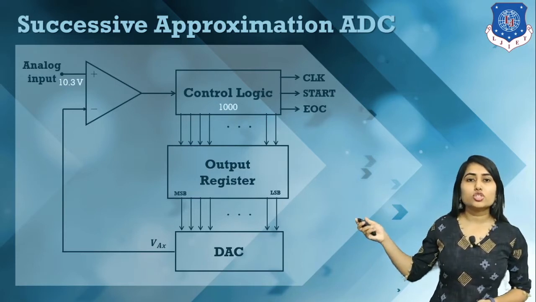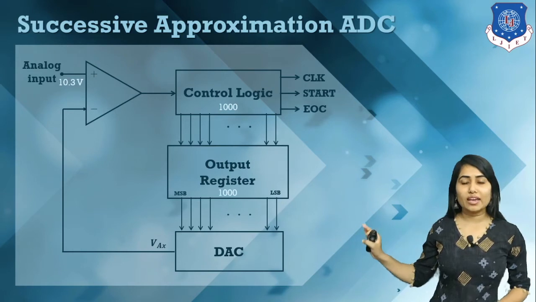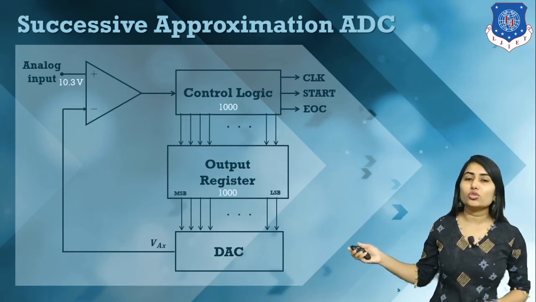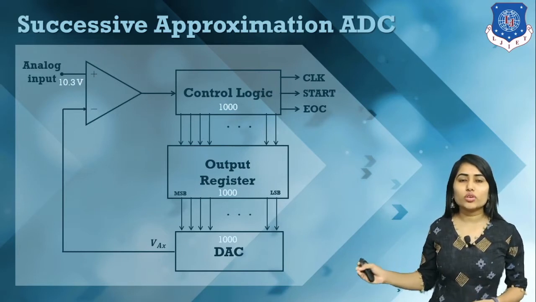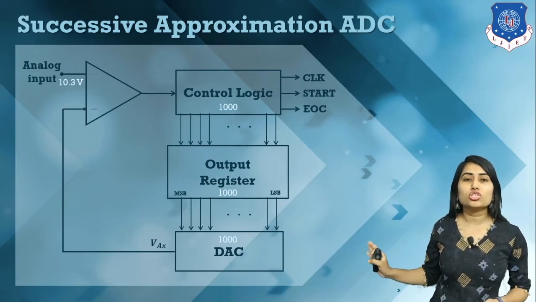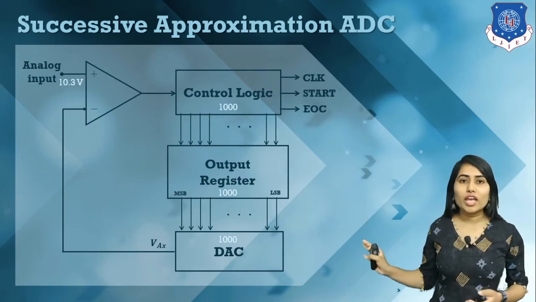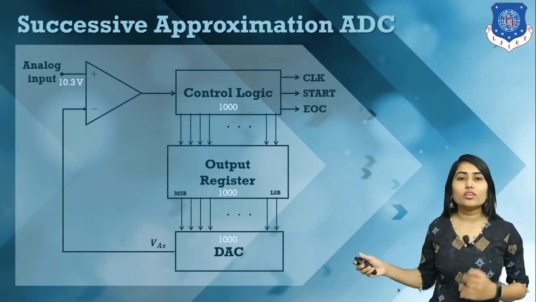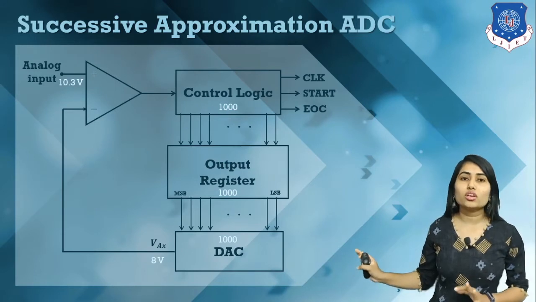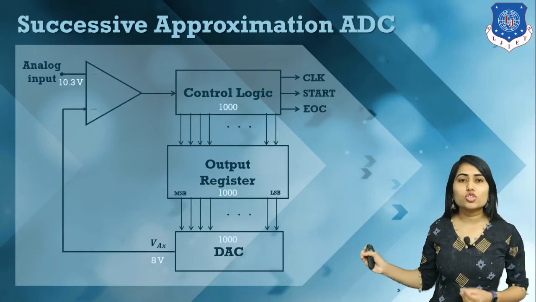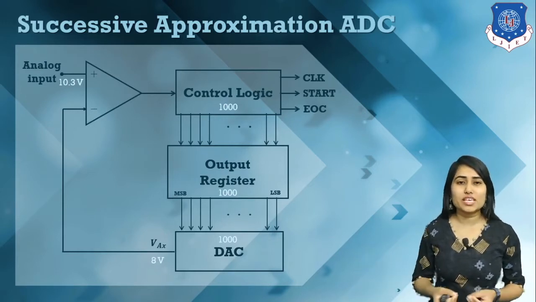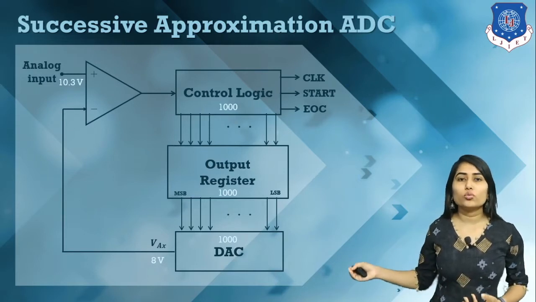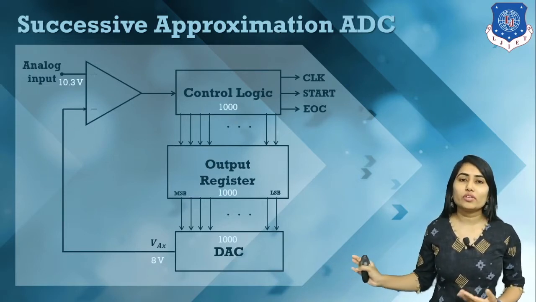Now this value is stored into our output register, and the value of the output register is given to the digital to analog converter. If we consider step size equal to 1, then 1 0 0 0 is basically 8. So the value we get from the digital to analog converter is 8 volt. We have the decimal number 8, and with step size 1 we have 8 times 1 volt, so we have 8 volt.